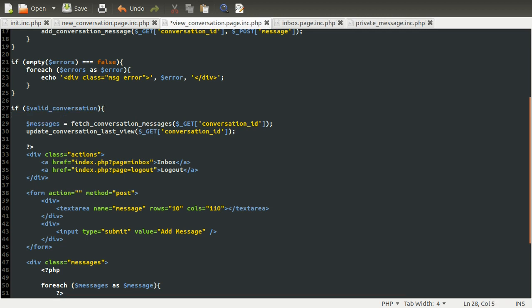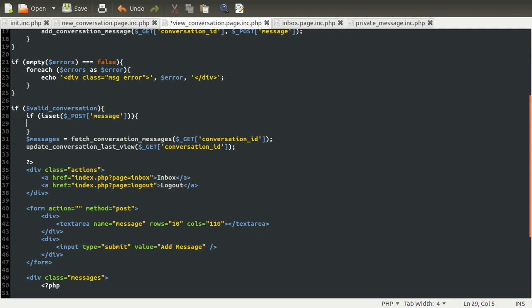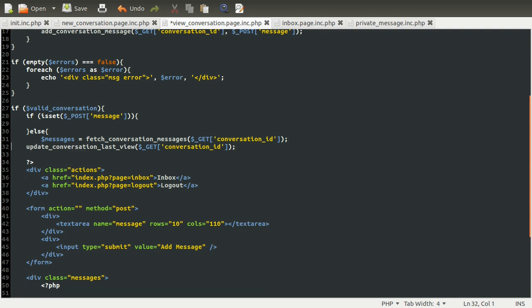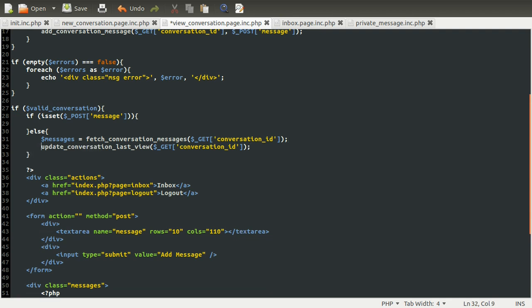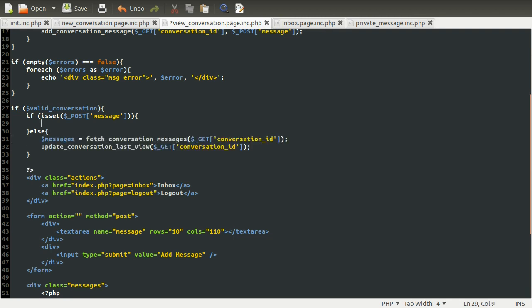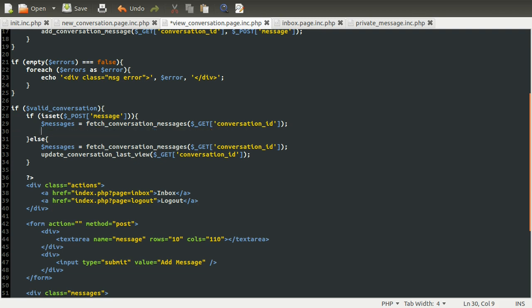So what we can do is check to see if the form has been submitted here. So we can do a simple if isset post message, not submit. Can't believe I was about to do that. Wow. So if they have submitted the message, we want to act in some way differently. Else we'll just do the standard fetch and then update. And if they have submitted a message, we want to update the time, and then fetch the message. So we'll just move this above,